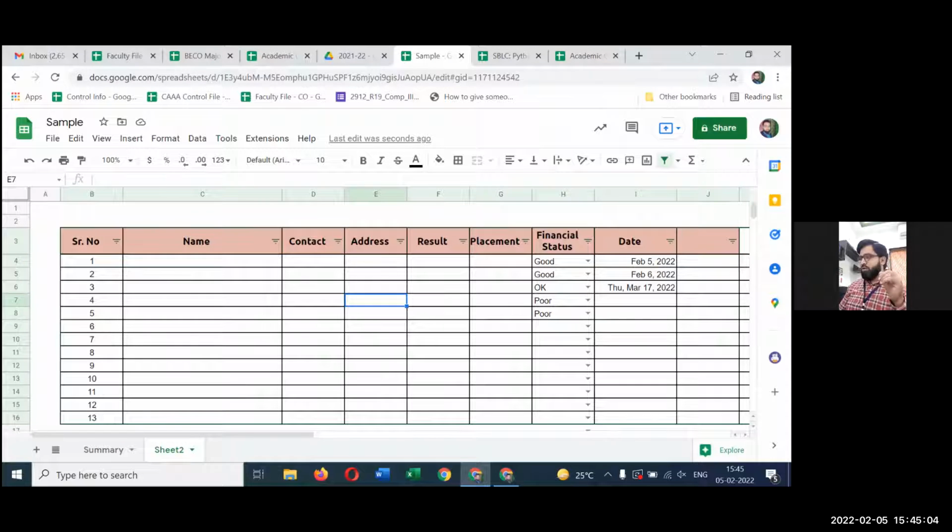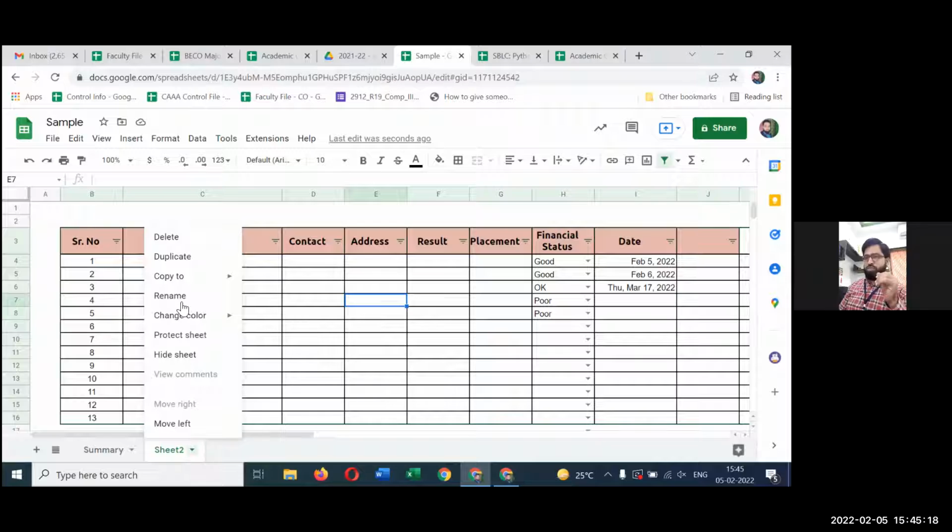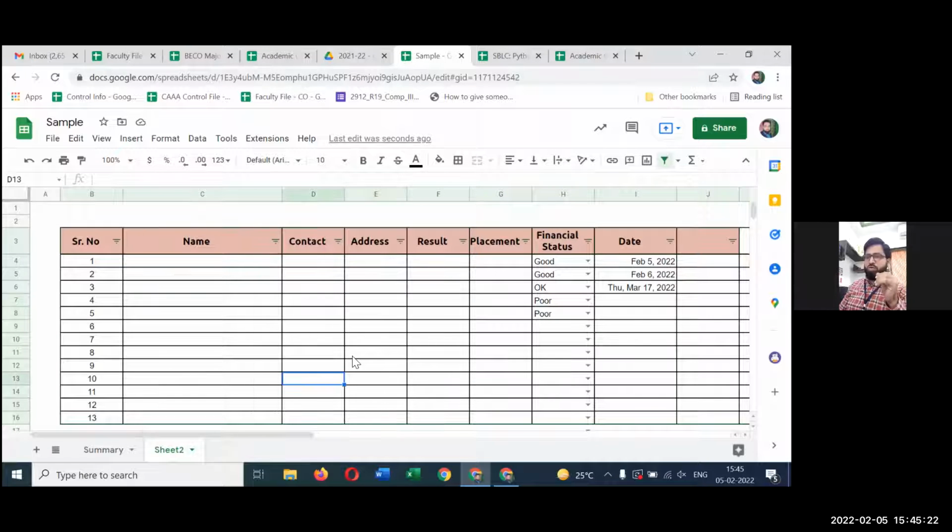Fine. Now, once you do this, again you have an option कि भाई आप data को share करो, आप किसी और को access दो. So this is my sheet 2. This is my summary. So into my sheet 2, if I want to give an access of sheet 2, I can right click on this. I don't want to give an access of the complete file. Please listen, I don't want to share the complete file.